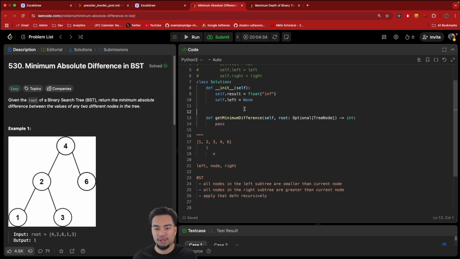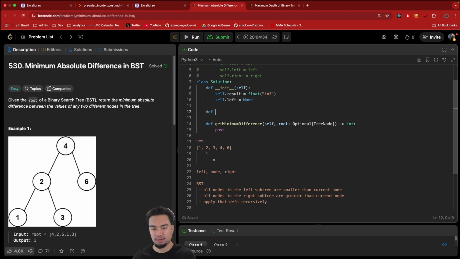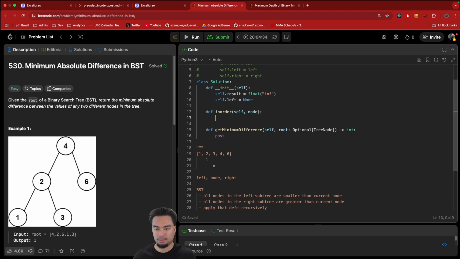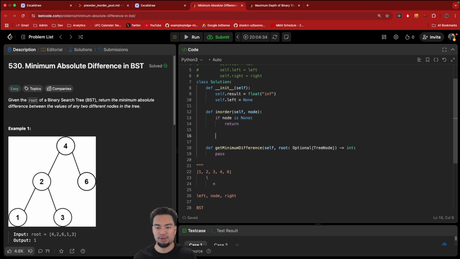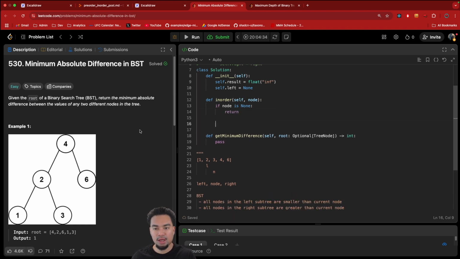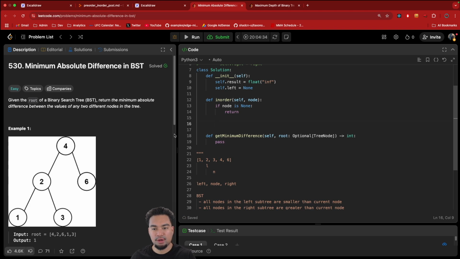So what we're going to do is an in order traversal. Self, node. If node is none, this is just the base case, so we could return. But what's an in order traversal? First, we're gonna look into our left, then we're gonna look into our right. So we're gonna do self.inorder